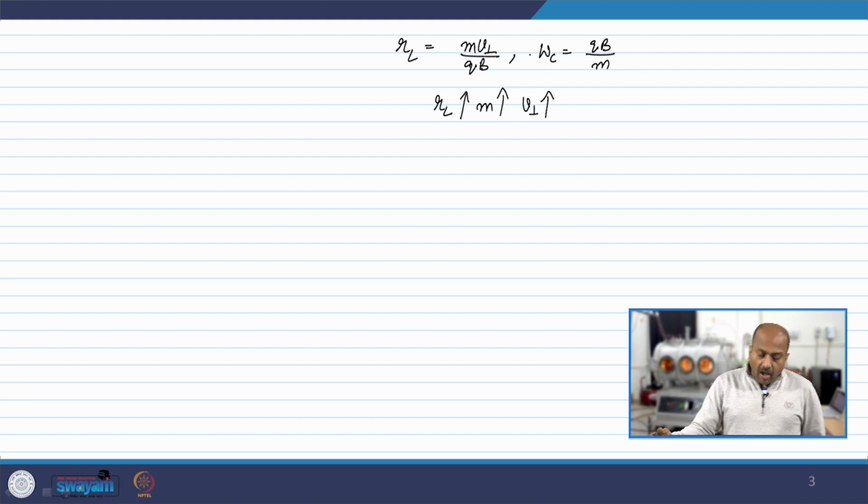But if you have a situation where particles have the same mass but different energies, that means the mass is the same but V perpendicular will be different because of the difference in the kinetic energy. So, both particles will of course have the same gyration frequency, because the gyration frequency is independent of the perpendicular component of velocity. What will happen is the slower one will have a smaller radius, right, because V perpendicular is directly proportional to RL, and hence